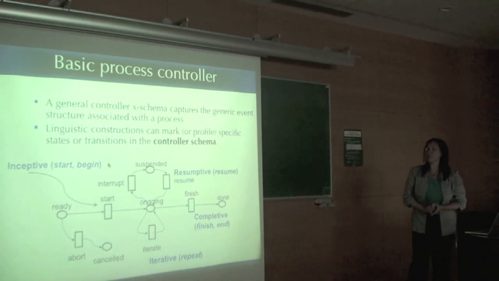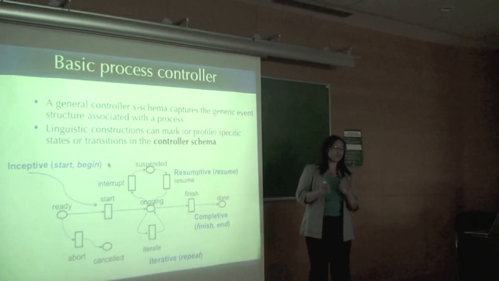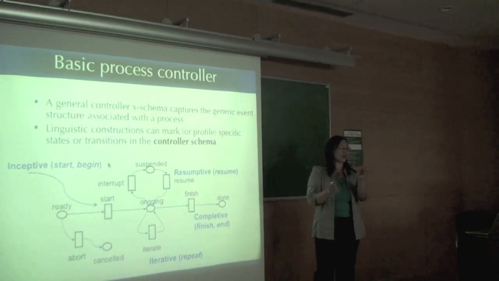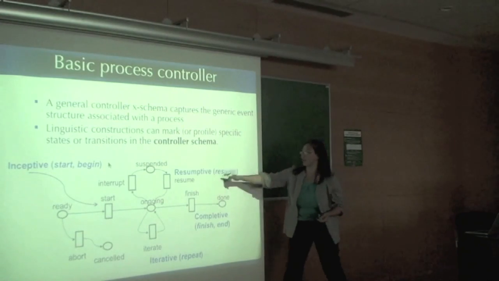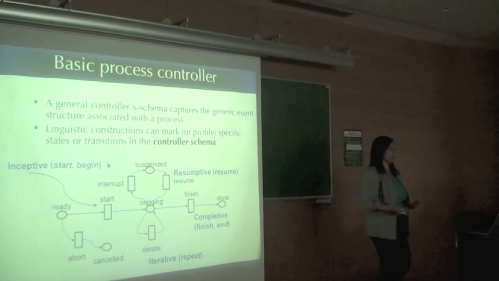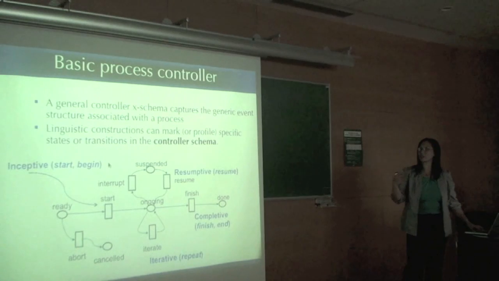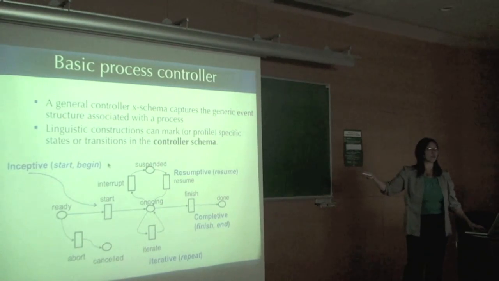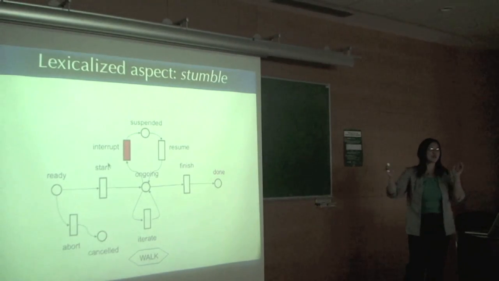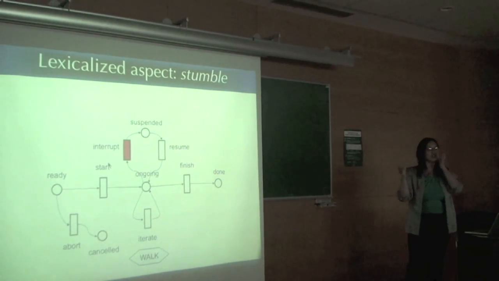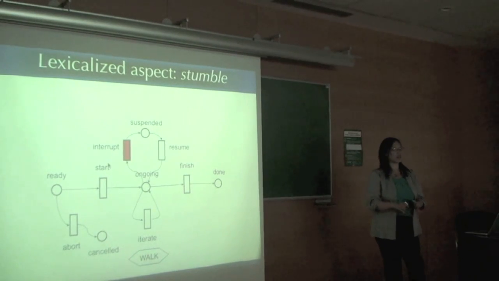So for example, if you have in your language a special morpheme that says, this means I'm starting the action, right? This morpheme in front of the word for walk means starting to walk. Well, maybe that somehow points directly there, like I said, or maybe it points at the resume, right? Because there are ways of marking these things. So again, you get the idea that this provides something for language to grab onto and say, I want that part of it. Okay, so now I'm going to flash through a bunch of pictures, and the goal of this is just to give you a sense that we can represent lots of different interesting semantics, right?